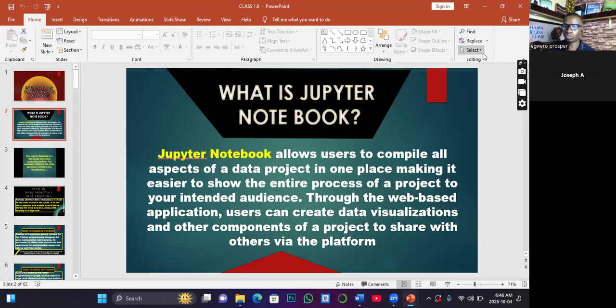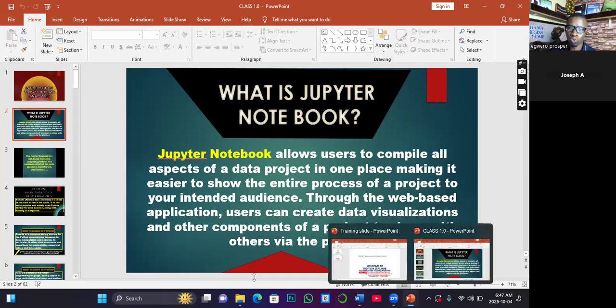It allows users to compile all aspects of a data project in one place, making it easier to show the entire process of a project to your intended audience. Everything coming together in one place. That is the essence of the Jupyter Notebook that we want to get through Anaconda.